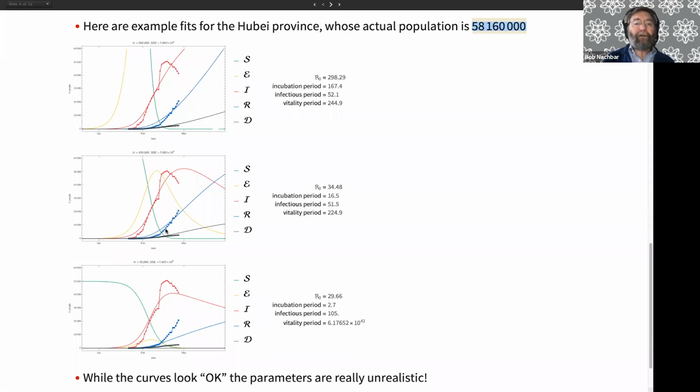The recovered curves were generally in the right position, but not the right slopes. The number of people that were infected at the time, the prevalence, I could get it to go roughly through the data, but I couldn't get it to turn over properly. And I was really not happy with it.